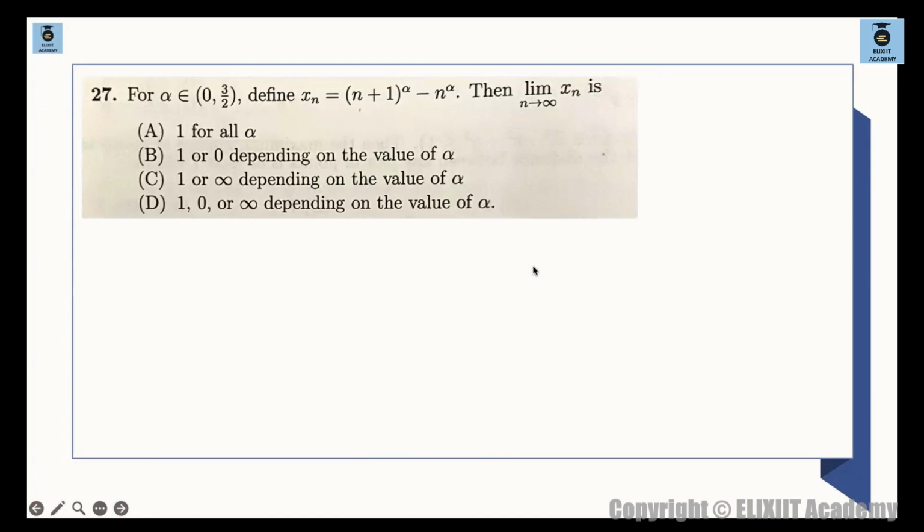The question says for alpha belongs to 0 to 3 by 2, define xn to be n plus 1 raised to the power of alpha minus n raised to the power of alpha. We have to find the limit as n tends to infinity of xn. So what is xn given? Xn is given to be